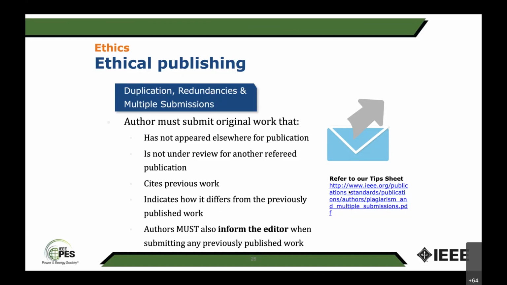Duplication, redundancies, and multiple submissions. Let's focus on multiple submissions first. An author, maybe a PhD student, wrote a paper, it's pretty good, and he or she knows it takes 6 months to a year to get an answer from a journal. Rather than waiting that long, he or she decides to send the same paper to 3 journals, same paper, hoping somebody will come back quicker. And if one journal says accept, he or she tells the other 2 journals, well, I got acceptance from this place, please don't review anymore. I want to withdraw this from your journal.